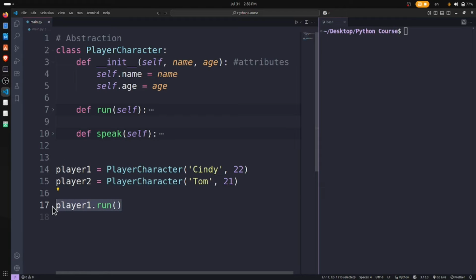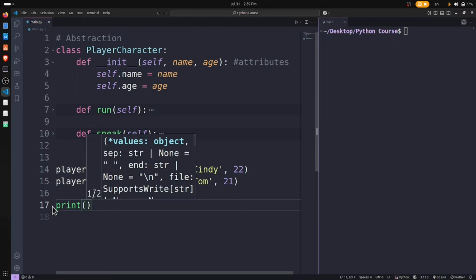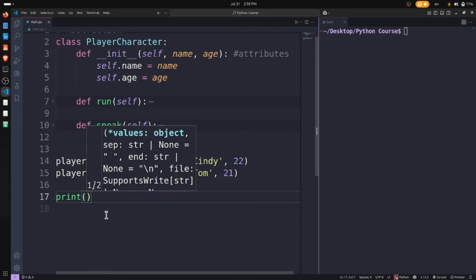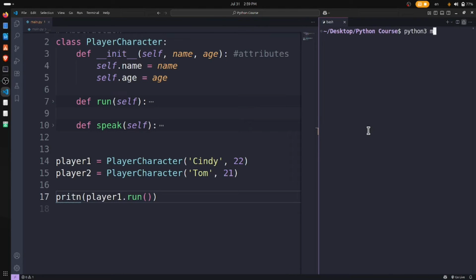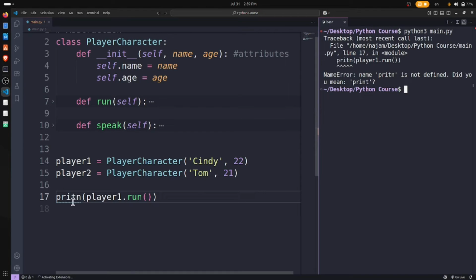Now if I want to print this and just run it, it throws some error. You know why? Because it says that the print is not correct, you have not written the correct one. It says run, but this method we have used here is like the same thing I